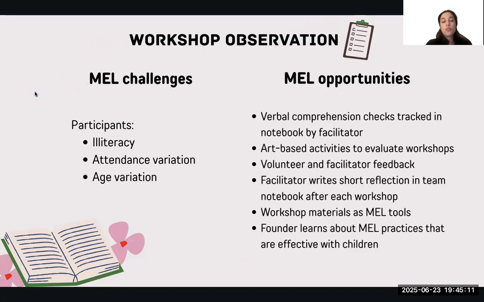Some M&E challenges. Well, some of the participants in the workshop didn't know how to read and write. These were girls that were maybe in the second or third grade. So when the founder is working with the girls and has developed a workbook, if the girls cannot read or write, they cannot use that workbook. They cannot write in it. And then the founder cannot take these workbooks and monitor if the girls are learning anything. If there's nothing written in the workbook, that might mean the girls didn't capture any information, or that they didn't know how to write but did capture the information. So it becomes this discrepancy.